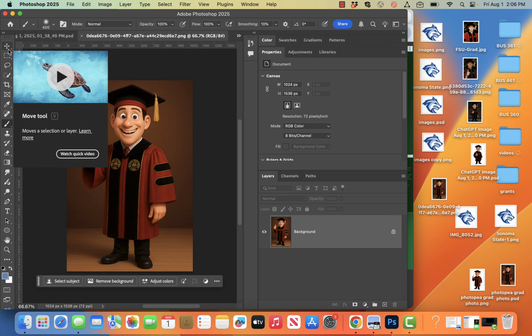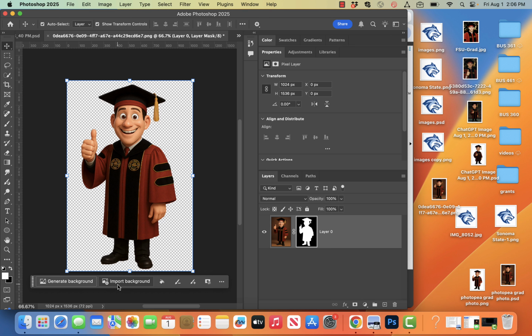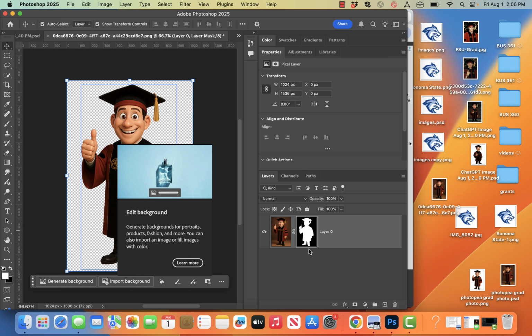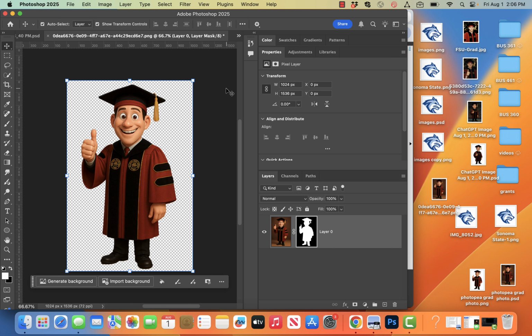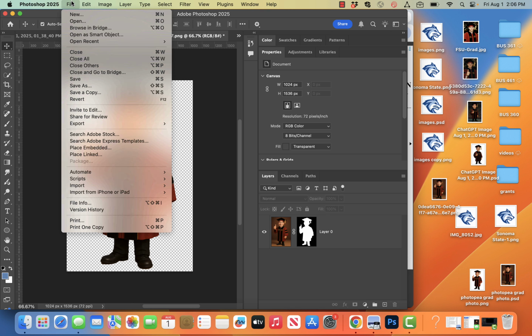My view might be a little bit different, but I'm going to go back to the move tool in the upper left on the toolbar, and then remove background front and center. And there it added the layer mask, just like Photopea did, but didn't have to wait and watch an ad. And so now I can do file, save as,